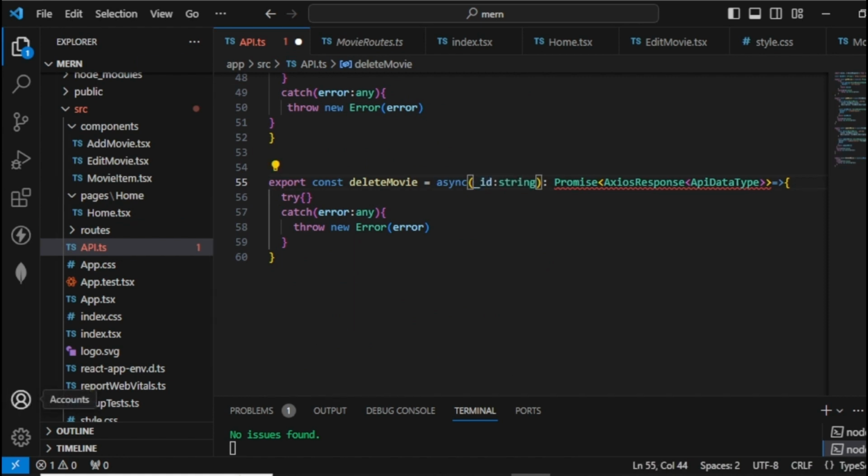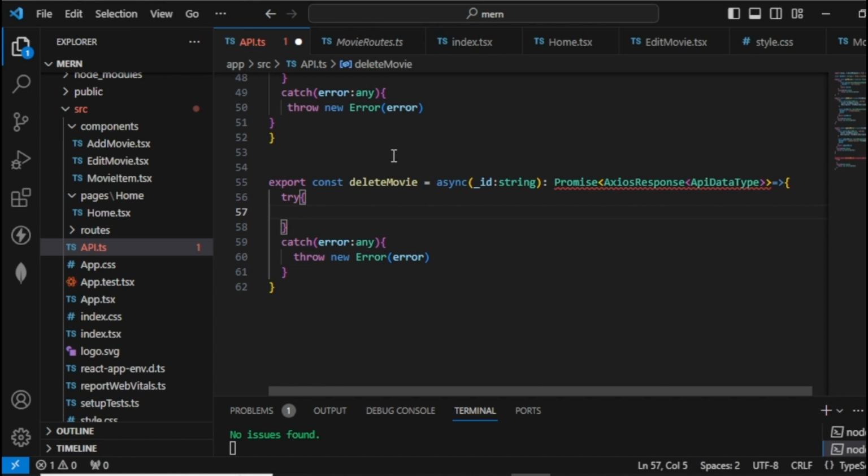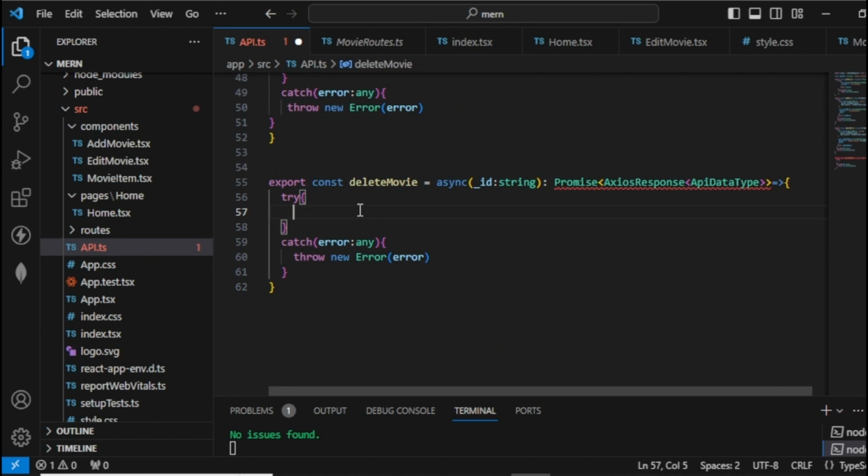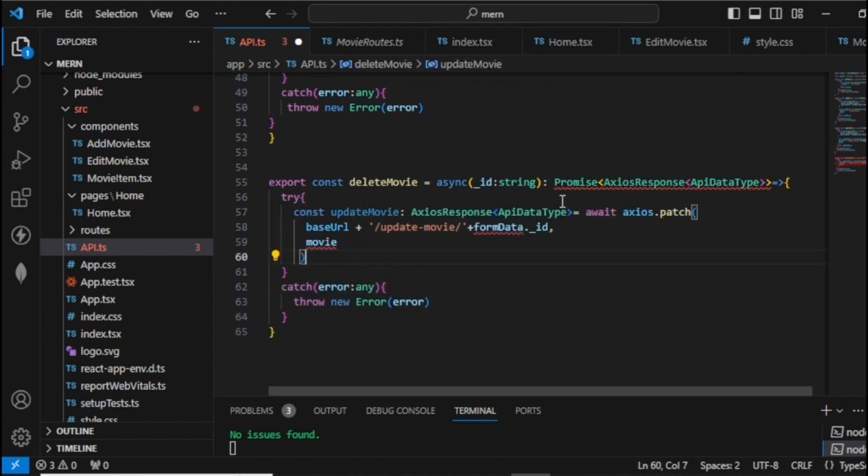All right. So next, within this try, we can copy this one. All right, so let's place that in here. So in here, let's replace this section here to delete. And then,